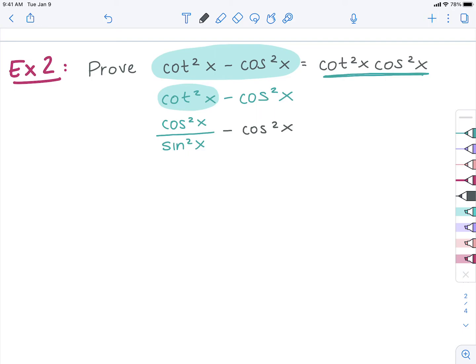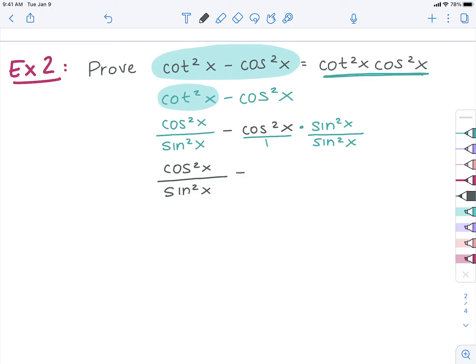Now I have everything in terms of sine and cosine, but I want to combine those, so I need to get common denominators. That means I need to multiply my cosine squared x by sine squared x over sine squared x, because whatever I do to the top, I have to do to the bottom as well. I want my denominators to be the same, and this is really a 1 here. So when I multiply, I'm going to bring my first fraction straight down, my cosine squared x over sine squared x,